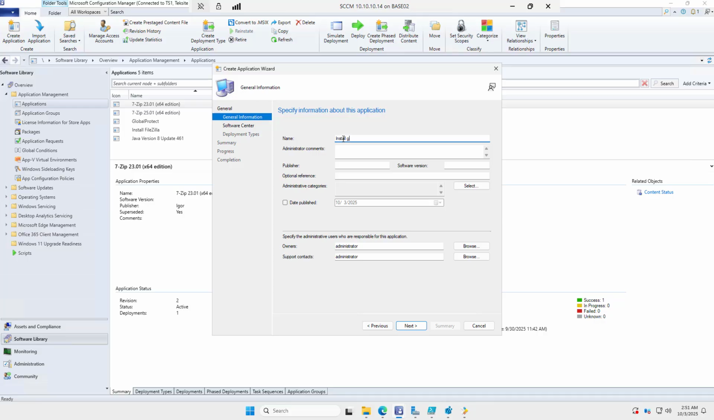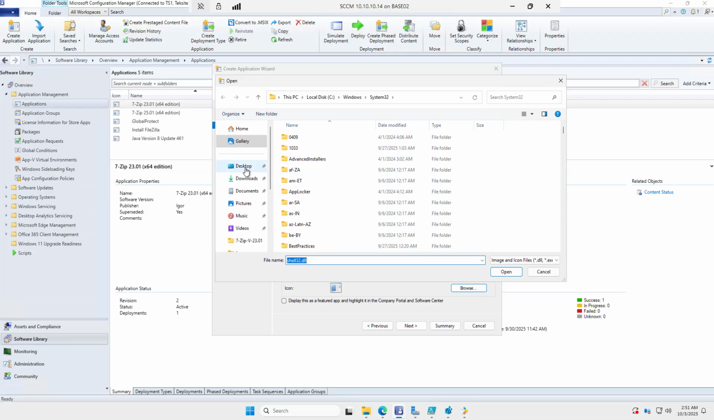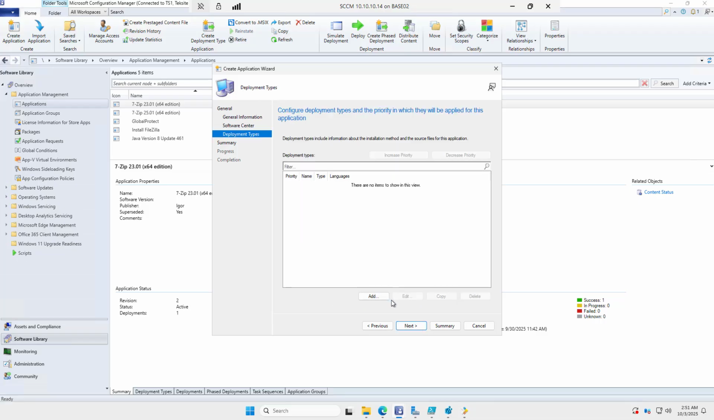install Google, publisher, software version, you can put it if you want. So I'm going to click on next. Then I'm going to put the icon here, browse, and I have it on my desktop, Google, and then next, and then I'm going to click on add here, deployment type,